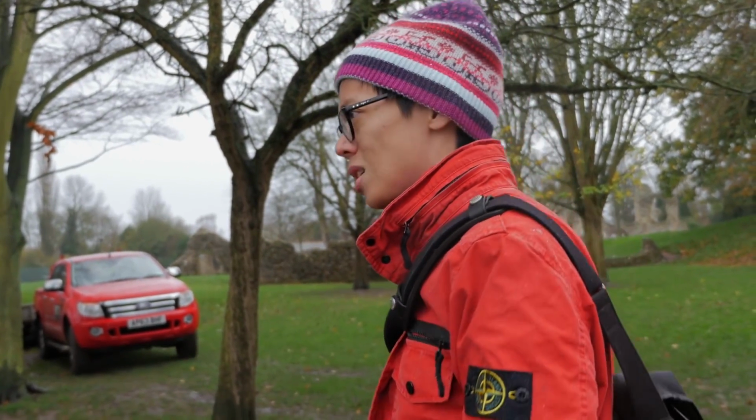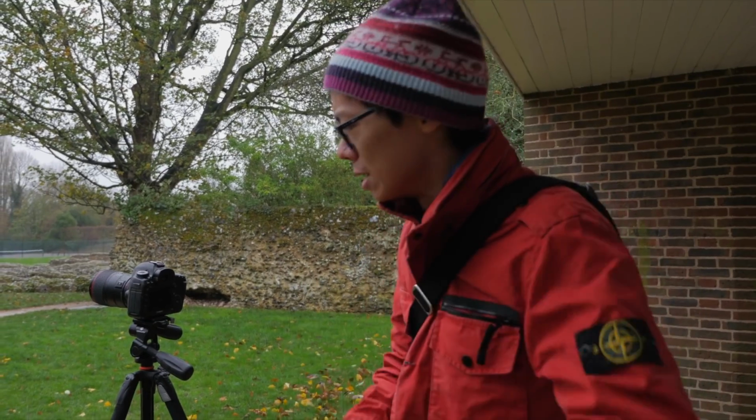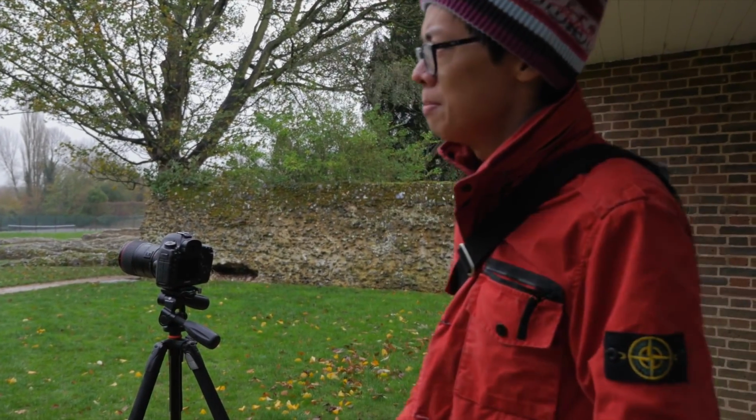Okay, let's set up for the first shot. Yes, I must explain why we're doing time-lapse to do this. It's because I can't actually do the Hurricane Kick in real life. So to do a simple time-lapse, what do you need? A tripod, camera, lens, memory card, hot drink, and of course this is the 5D Mark III, so you need the